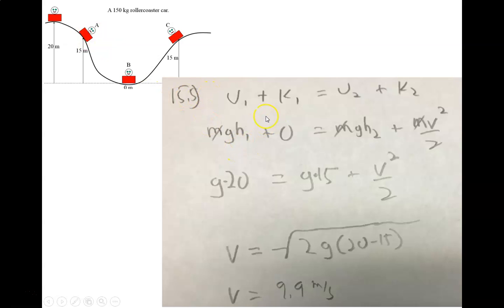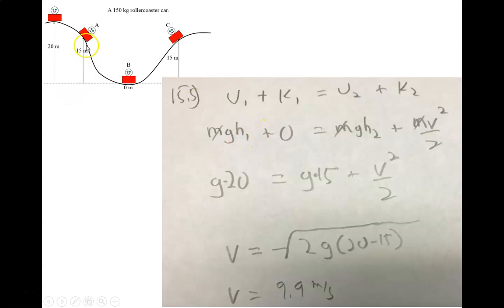My initial potential energy is in the form of gravitational potential energy, which is mgh1, plus 0 kinetic energy. Now at this final state, I still have some gravitational potential energy, so I can't leave that 0. So that's going to be mgh2, plus the kinetic energy, which is going to be the difference between the two. Notice again that the m's cancel out, which is a pretty common theme here. And so, plugging in our numbers.